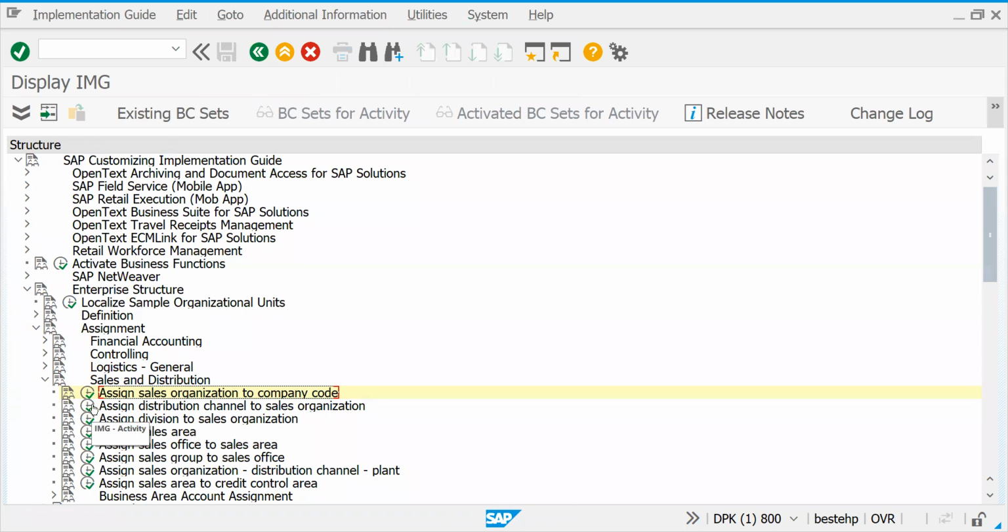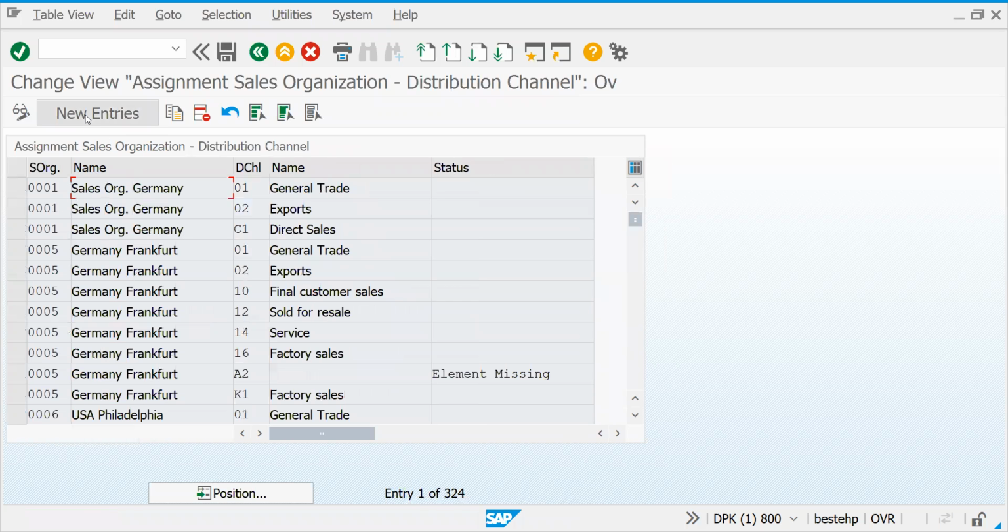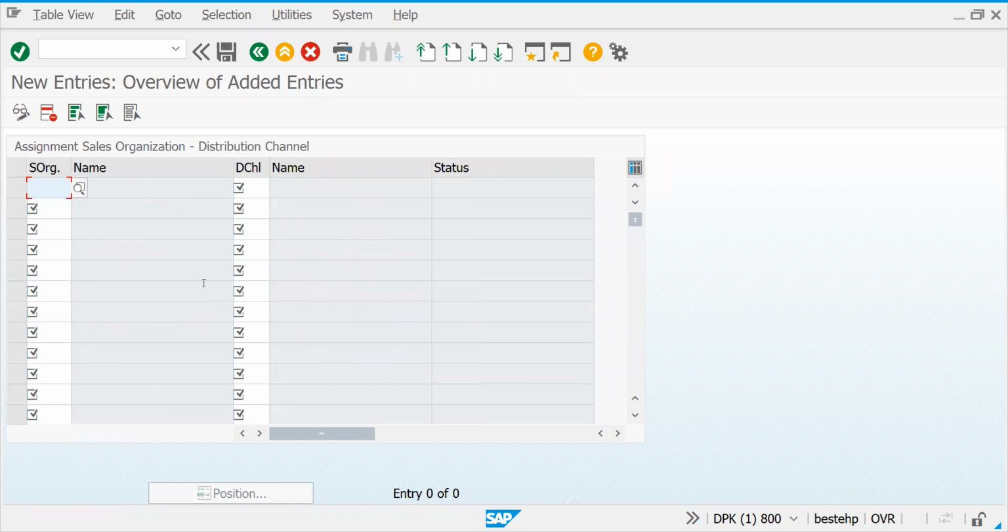So now let's try to assign the distribution channels. So we have a sales organization GS01. So domestic. For this, the distribution channels we have defined, let's look into this.